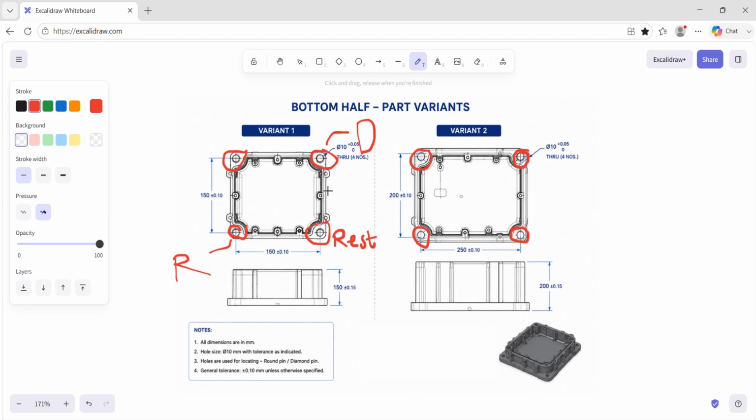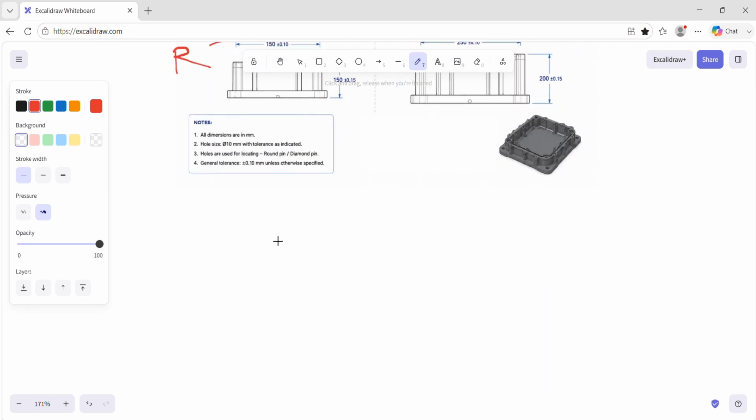We don't need any kind of clamping, or the operator just needs to place this component inside the machine and the sealant will get dispensed on the top portion, right? So let's check out the dimensions. So we will have a common fixture plate, right?